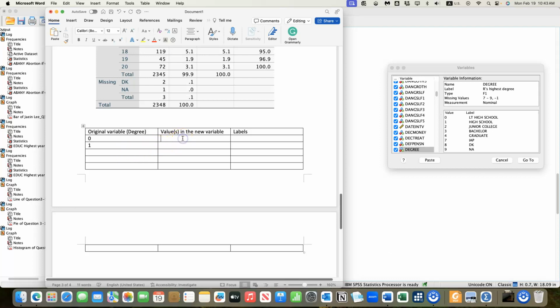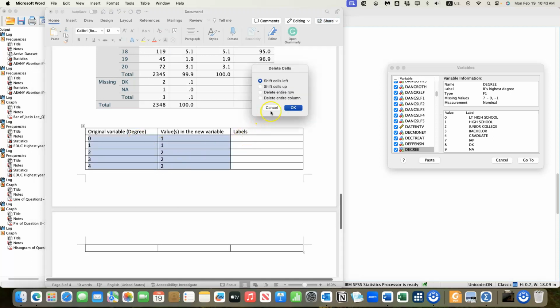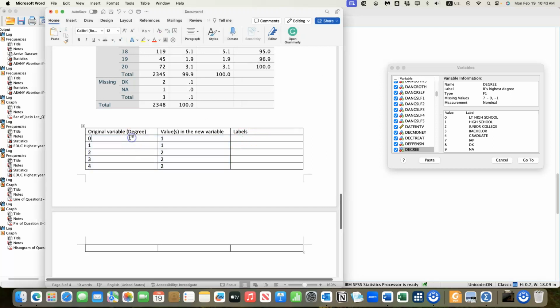So maybe you can make it the first category, 1 and 1, and then 2, 3, 4. 2 is junior college, 3 is the bachelor's degree, and 4 is the graduate degree. So you can make it 2, 2, and 2. Or if you do not like this kind of very long table, maybe you can make it as